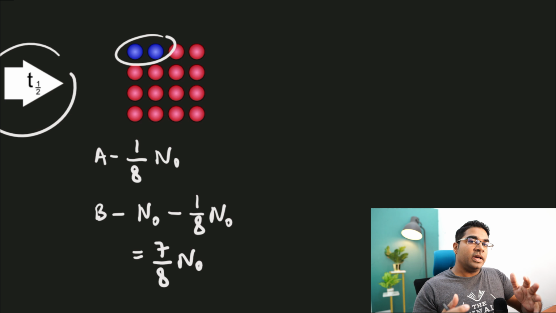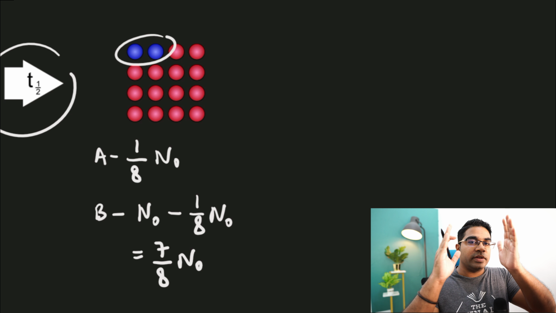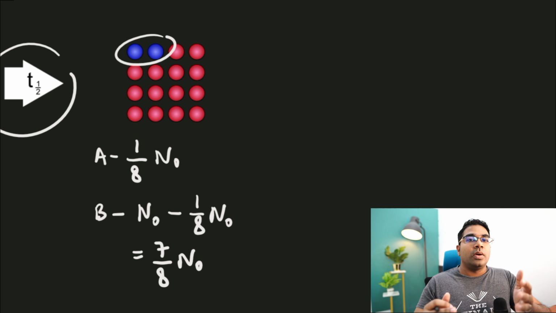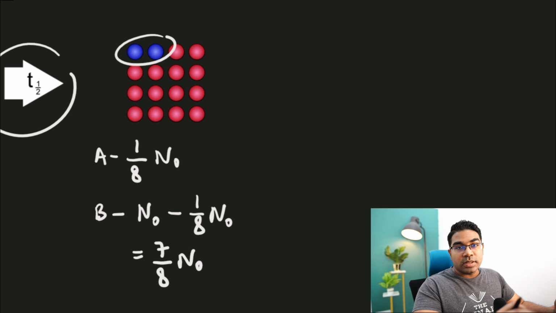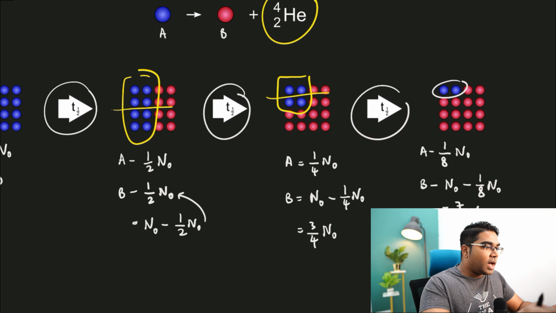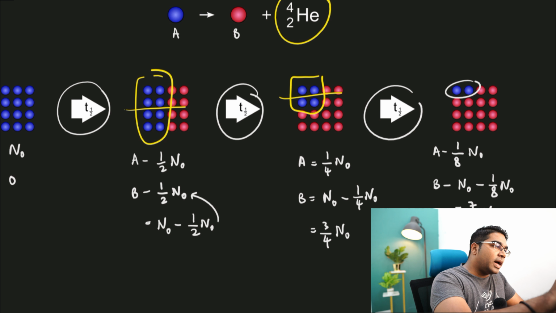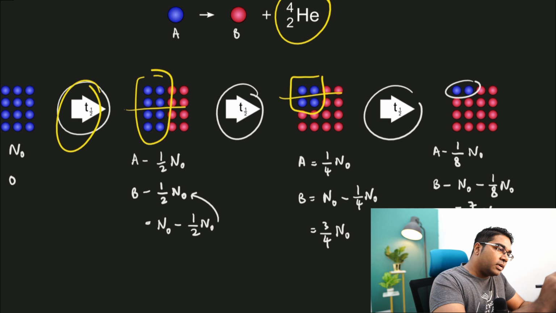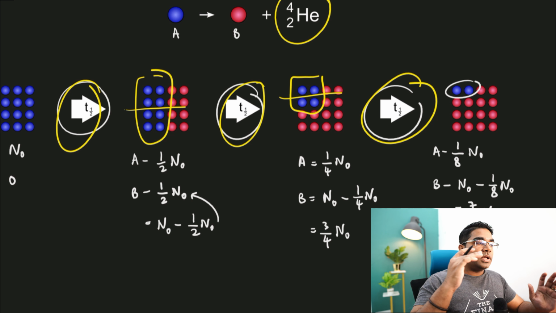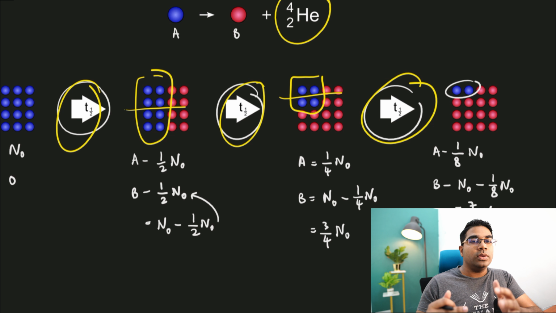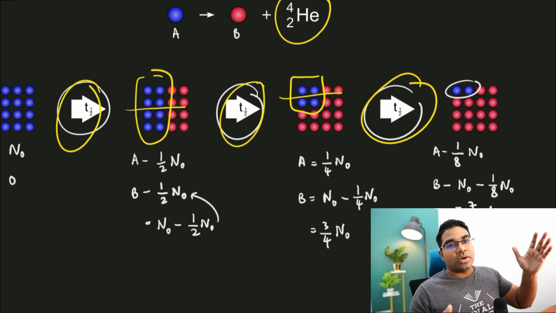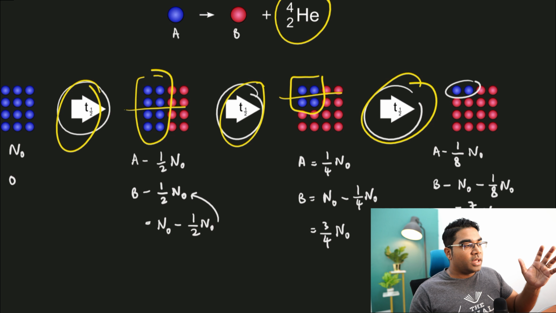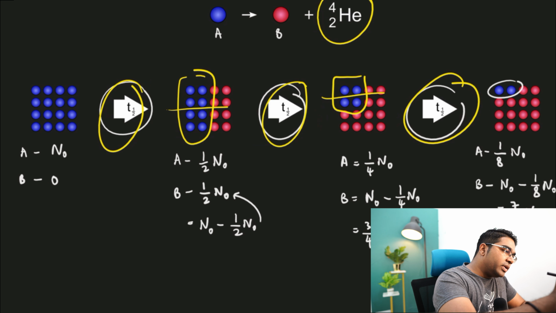Every half-life, the number of radioactive nuclei that is remaining will become half its value. Every time one half-life occurs, it halves its value. It's important to note here that the half-life itself, the time taken, all these half-lives, all these time taken for the number of radioactive nuclei to halve the value is the same regardless of how much of the radioactive nuclei is left. So initially we have all the radioactive nuclei left.